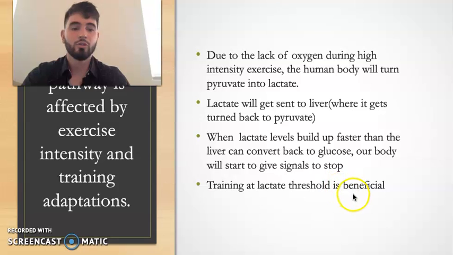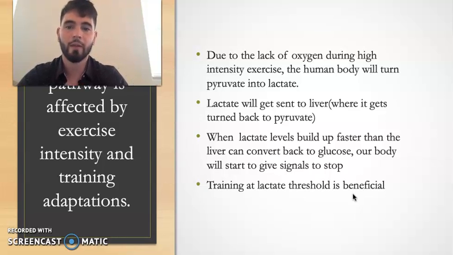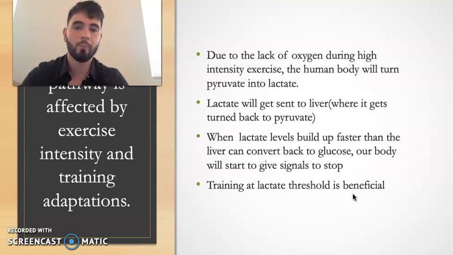But training at a lactate threshold is also very beneficial. If we train at the highest level possible and push our bodies to that lactate threshold all the time, our VO2 max will improve a lot. If today you were able to do 10 and you train at 10 very vigorously, tomorrow you'll be able to train at 15 and so on. Our body is an amazing thing. It just keeps adapting. Just because our body signals one day at 10, hey, stop, can't hold up anymore, doesn't mean tomorrow or the next week it can't go more. You can always keep pushing your body in that lactate threshold to higher levels.